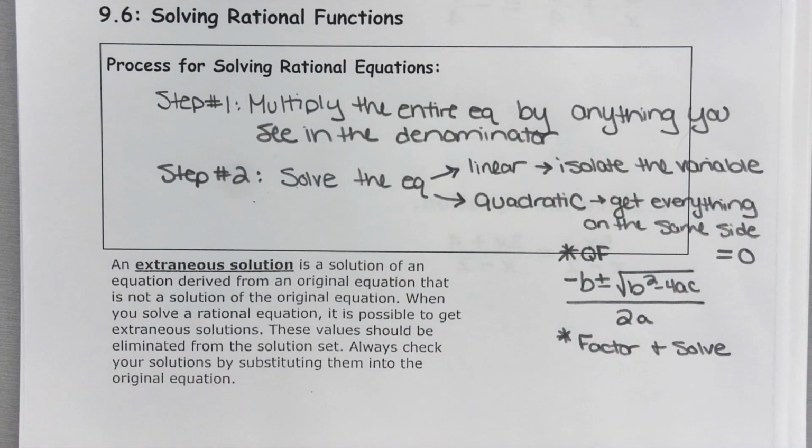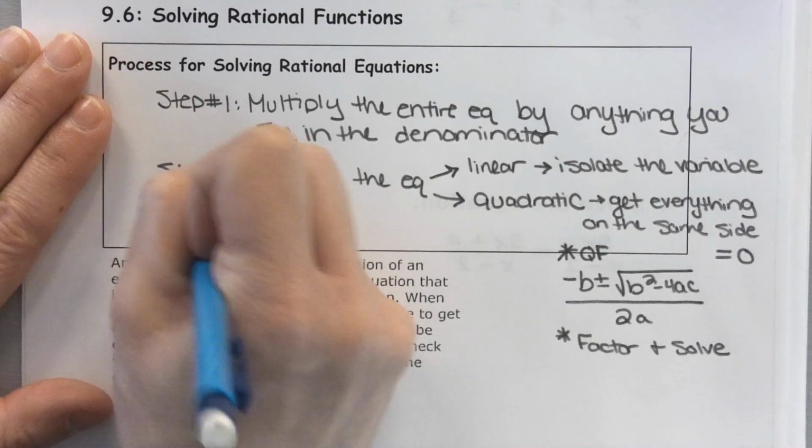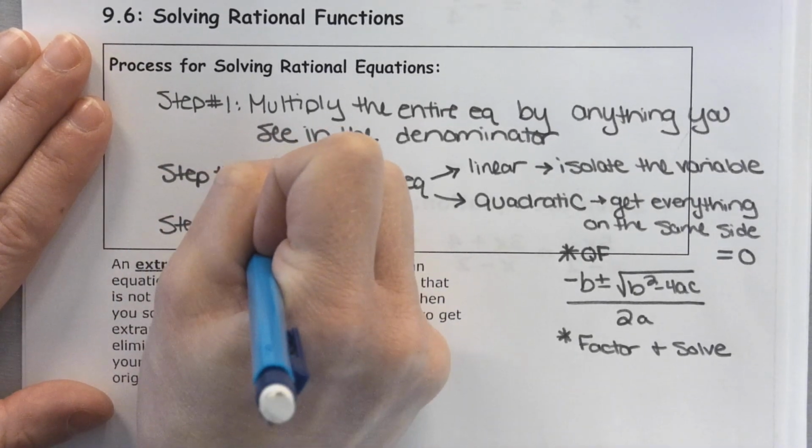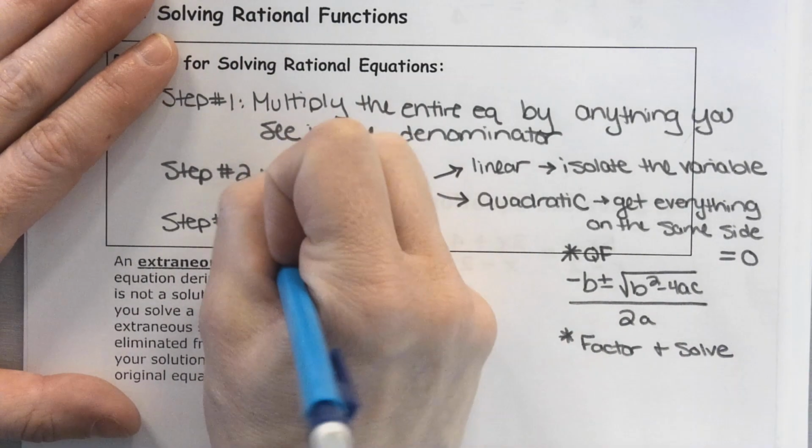So this is almost like a flow chart at this point, right? So you're going to multiply by everything in the denominator. At that point, it's going to be a linear or a quadratic equation, which we've dealt with before this year. Linear, we isolate the variable, right? Get the variable alone. Quadratic, we get everything on the same side set equal to 0, and then we have our choices. We can use quadratic formula, or we can factor and solve. Our last step is to take your answer, or answers. You'll get 2 answers if it's quadratic. And you need to check